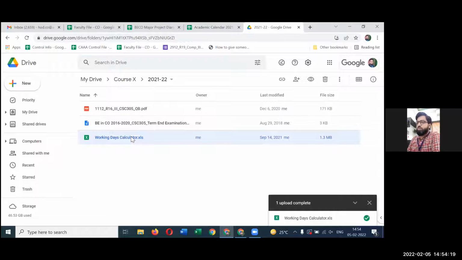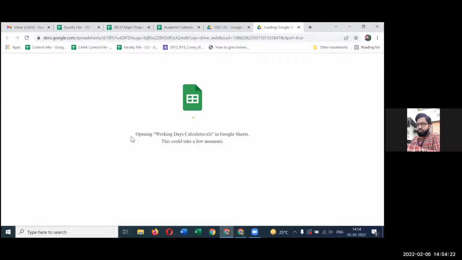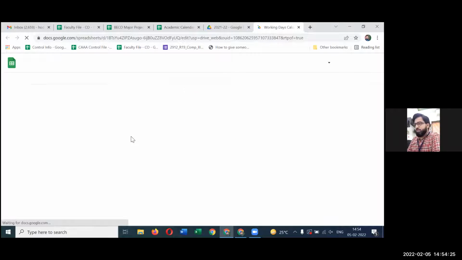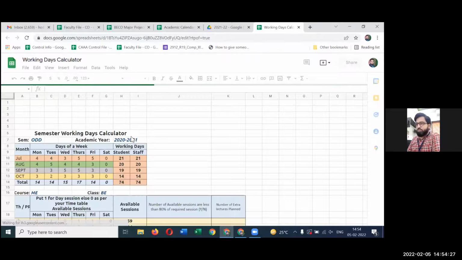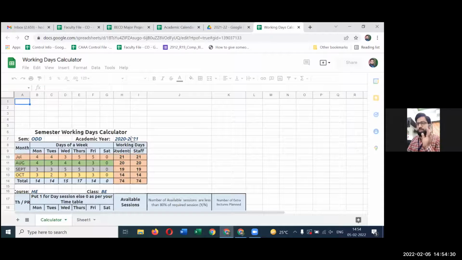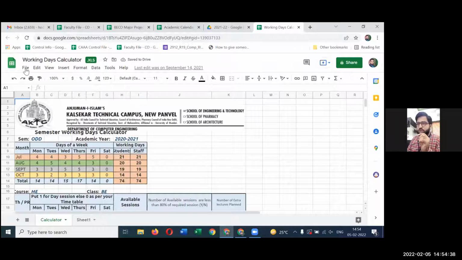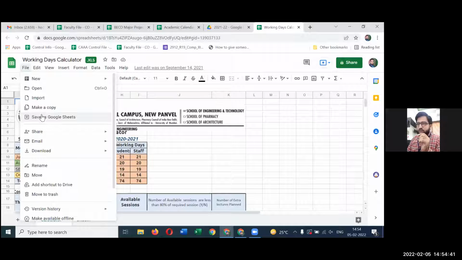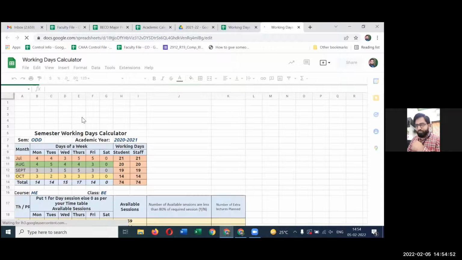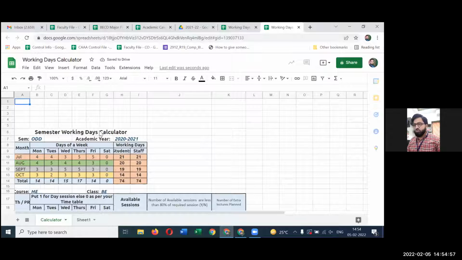What I will be doing, I will be opening it in my Google Chrome web browser. अब ये जो open हुआ है, this is my Excel file. The first thing I need to do, if you see here, it is showing the extension .xls. I will be saving it as Google Sheet. Please see here. Save as Google Sheet. So now a copy of that has been created, and that copy is a Google Sheet copy.